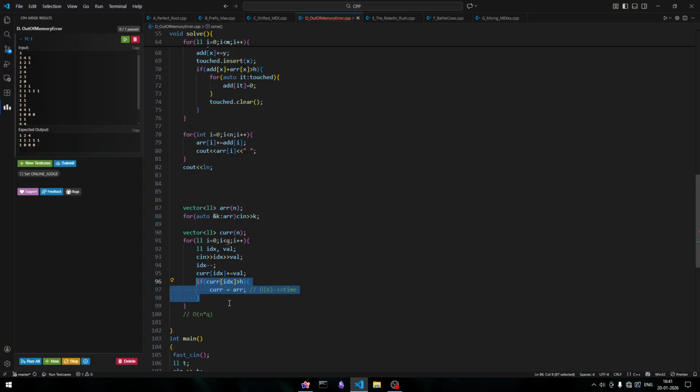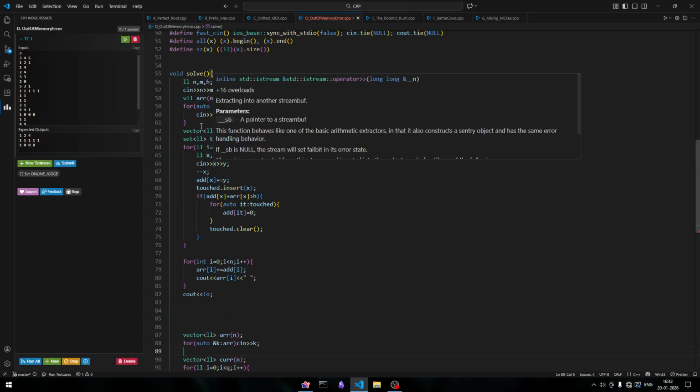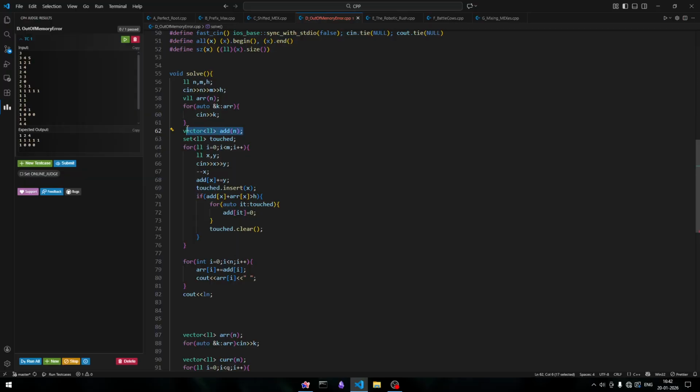So the one optimization I want to do here is: why would I be changing every element? I'd just be changing the element I accessed or modified, right? I'd be setting them to 0. Rather than maintaining this array as n or current as n, I would rather have something as add n. This is the value we want to add to array n, and our checking condition would be add x plus